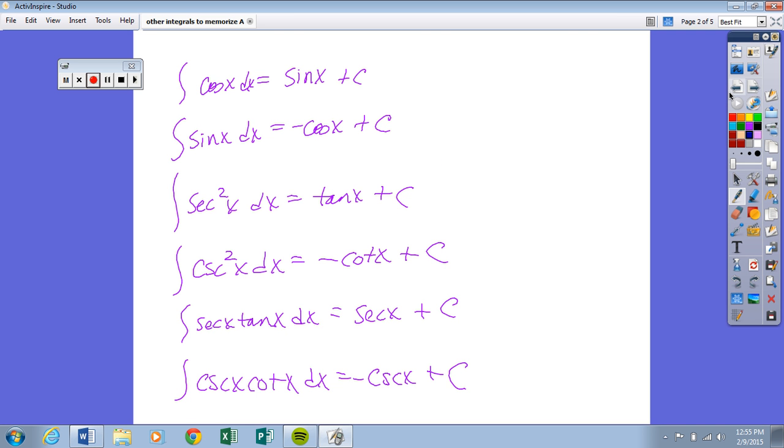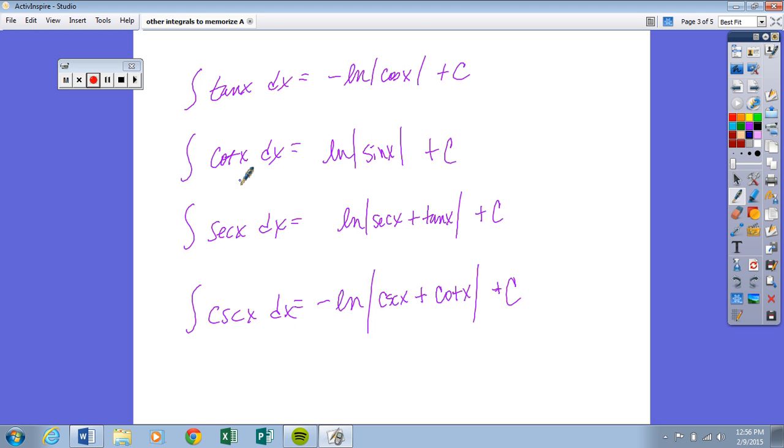So there's a few more that I want to add to the list, and it's going to be the trig that's not as common as these. So it's not something you've already memorized. The weird thing is it's going to look more simplistic on this side, but it's kind of going to be a mess on the other side. So, for instance, the integral of tangent, you would hope, is just something easy, or maybe you're going to think it goes with secant squared, but you've got to be careful because we're doing an antiderivative, and it actually ends